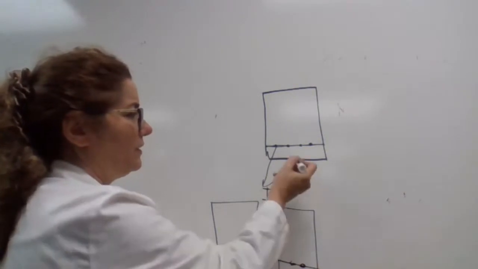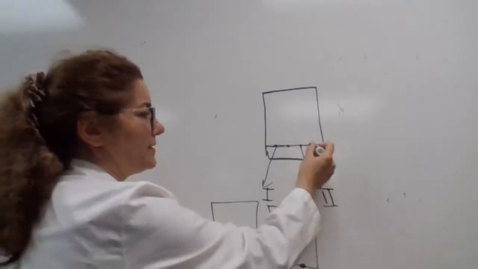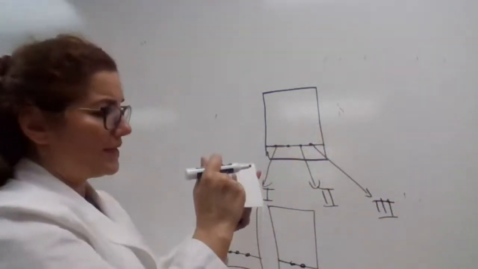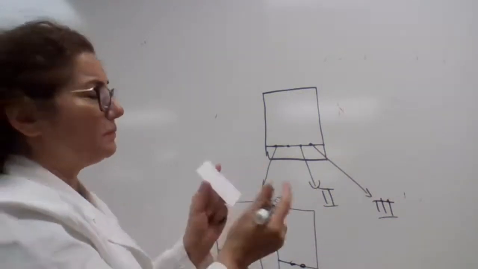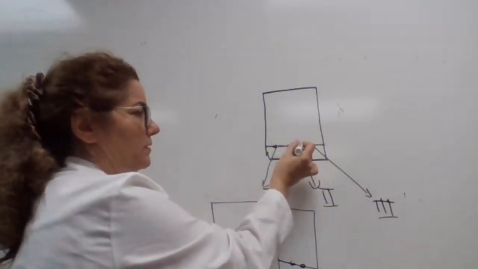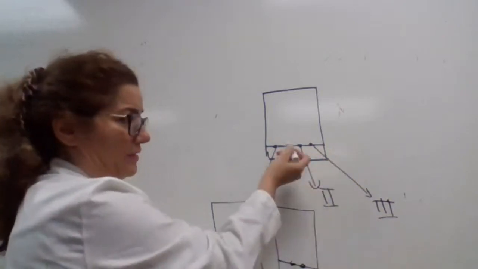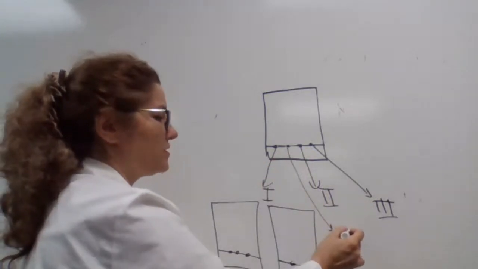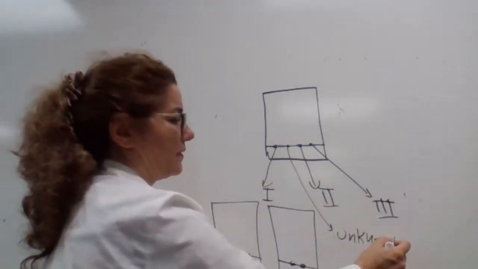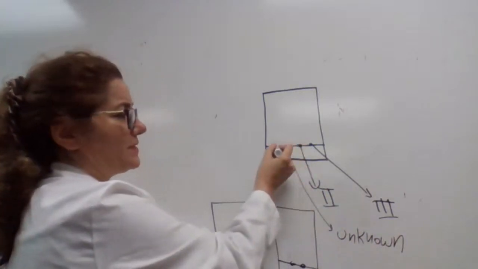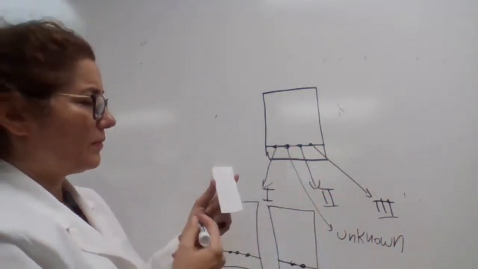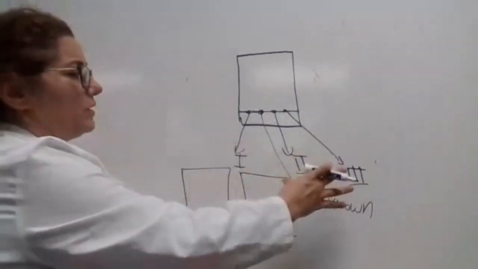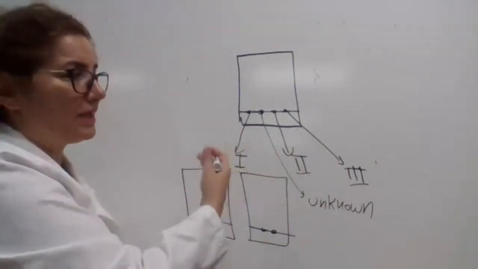So if this is compound 1, this is your compound 2, and this is your compound 3. You would add a drop using a capillary tube without touching it or without breaking the plate. You add a drop of compound 1, 2, and 3, and it doesn't have to be the second one. It could be any of them. You place your unknown. So your unknown goes to one of the spots, and then the other three would take your three known samples. Your unknown is going to be one of the three known compounds because it has to be a side-by-side comparison